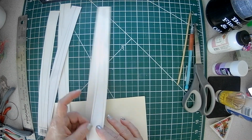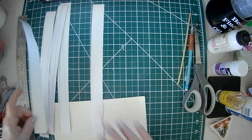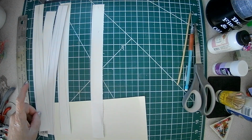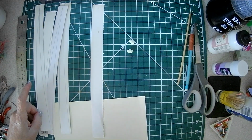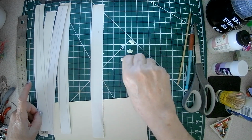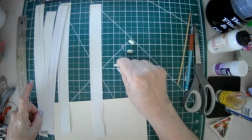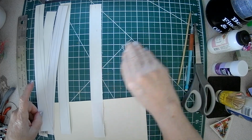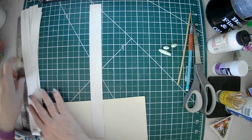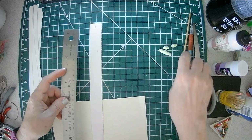But most people, when they're doing these, they throw away these side pieces, but that's what makes these little ones, is the side pieces, and I like the little ones. So with one piece, you're going to get a 1 inch bead and two 1/2 inch beads. Okay? So I found my center mark, and I'm just going to take